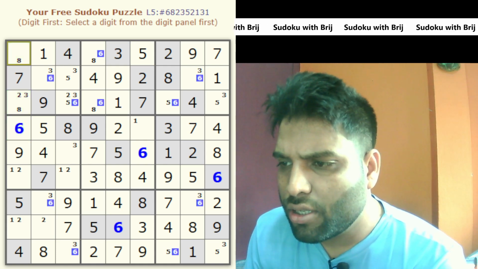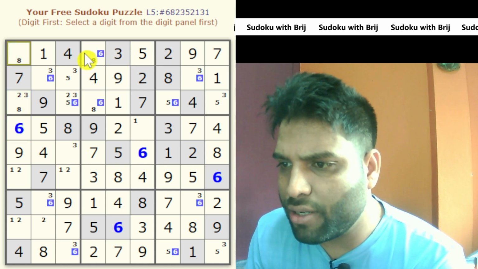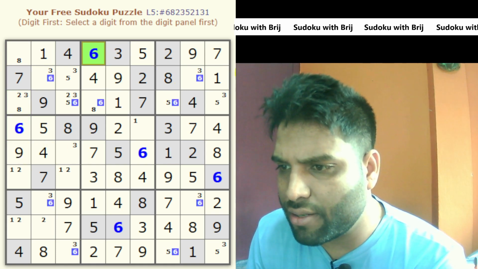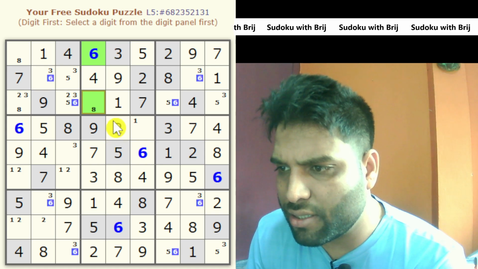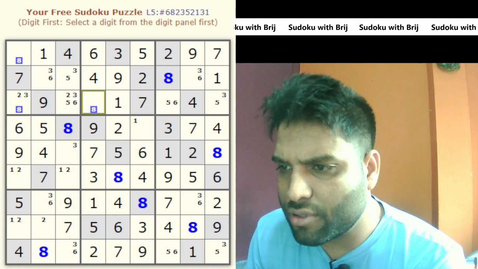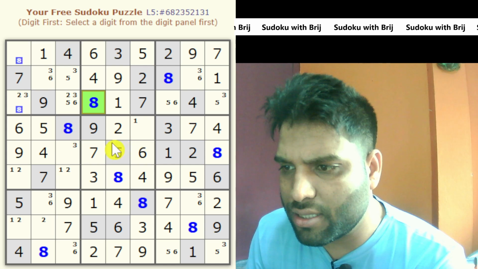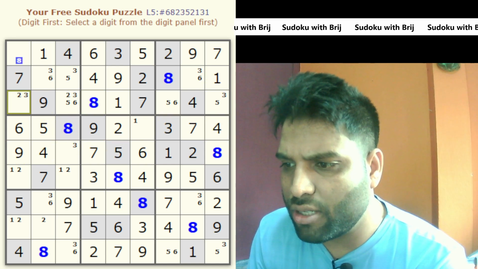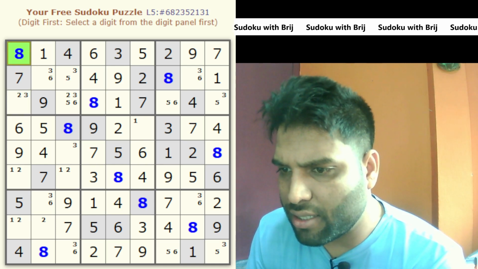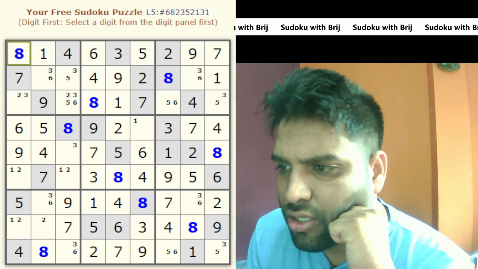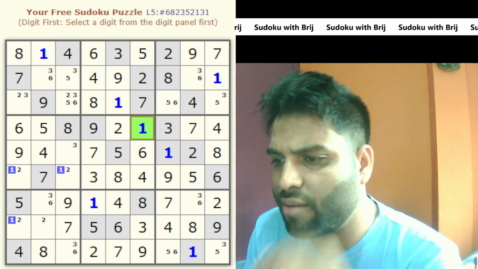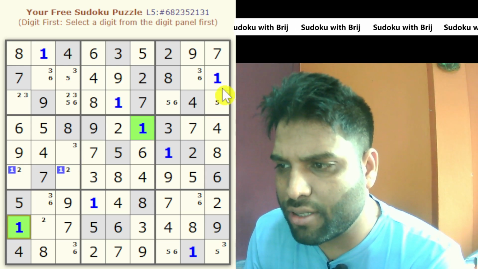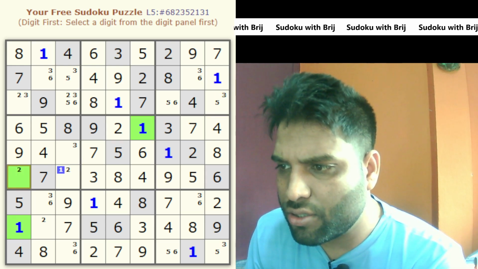Great. Also in this row 6 can only be in this cell, 6 can be over there, so 6 can be eliminated like this, and then I can put 8 in this cell, and 8 can be removed from here, so the only possibility of 8 that remains in this box is this. I think 8 has been solved now. Now let's move on to 1 again. This can be 1, this is going to be 1, this cannot be 1, so this is going to be 1,